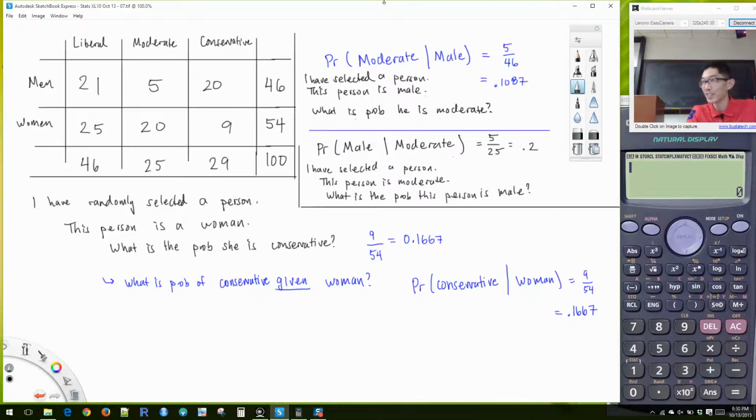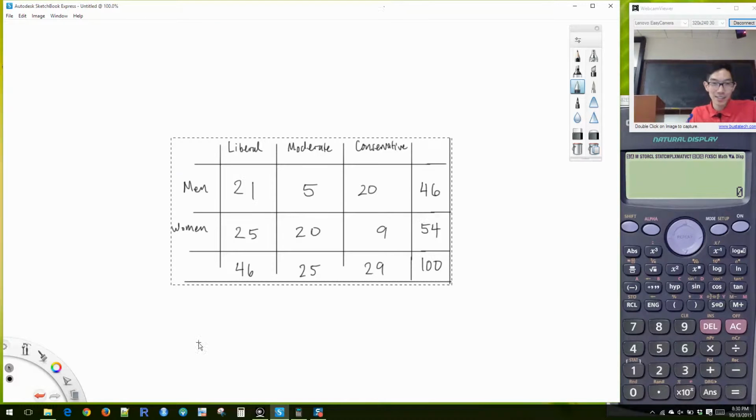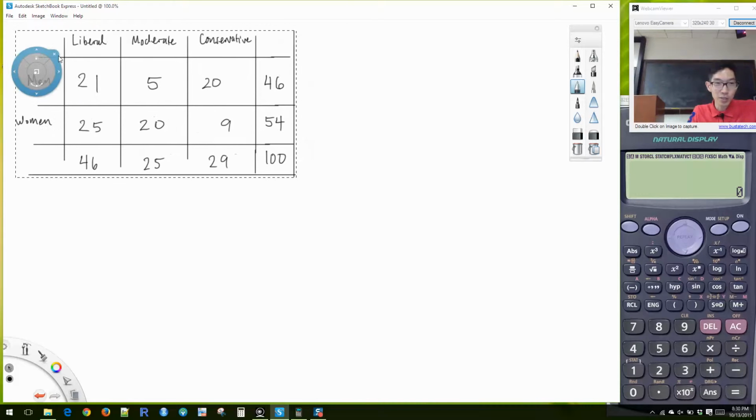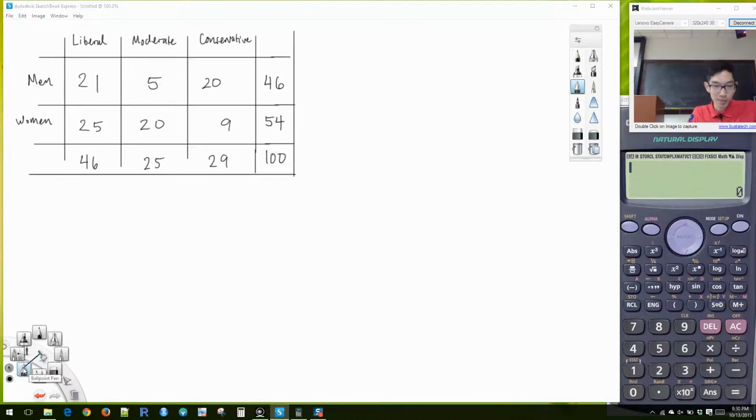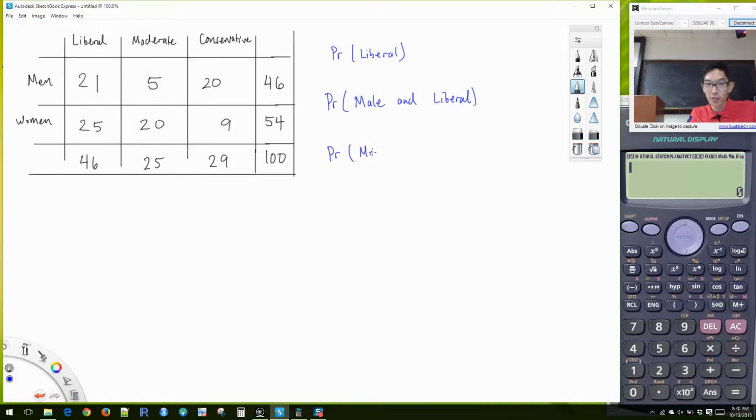Okay, I'm gonna go on now. Is that cool? All right, so let's take a look at this. Make sure we got all of these differences here. Okay, so quick quiz based on this. I'm gonna just throw up a few things and you tell me the answer. Okay, so we're gonna say probability liberal, probability male and liberal, probability someone's phone is vibrating,